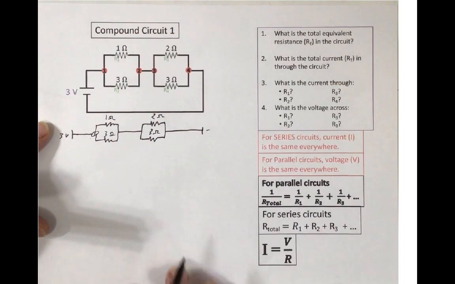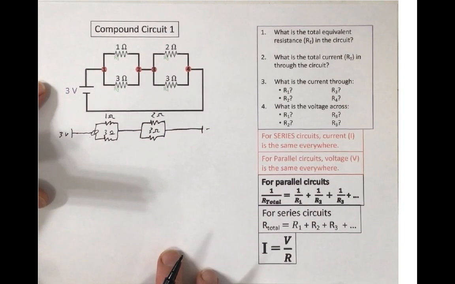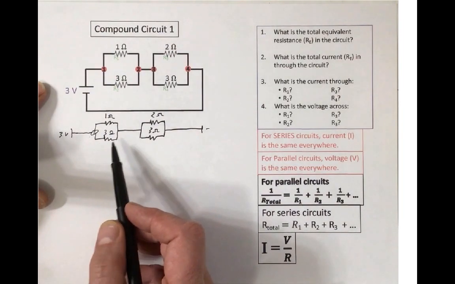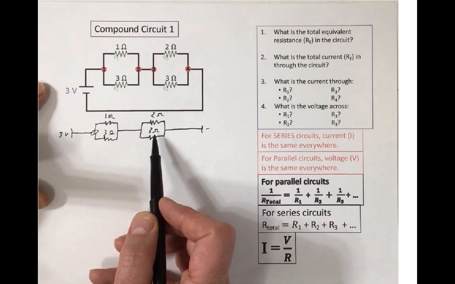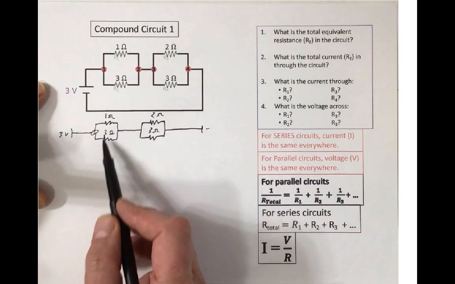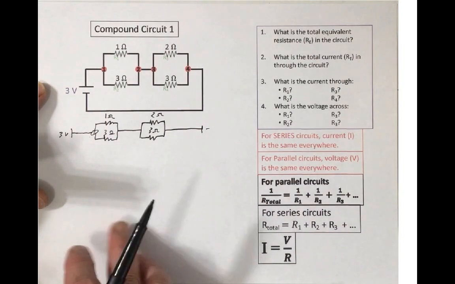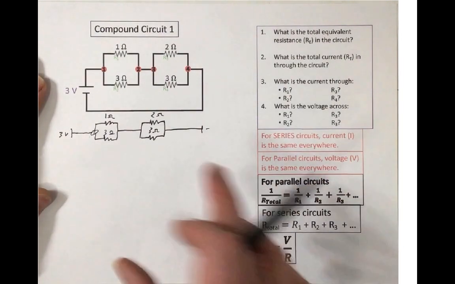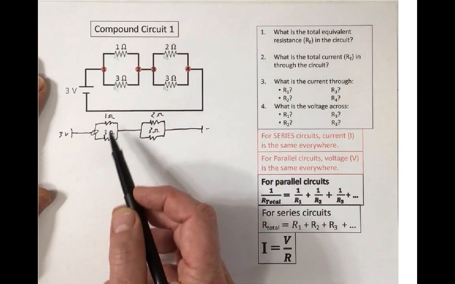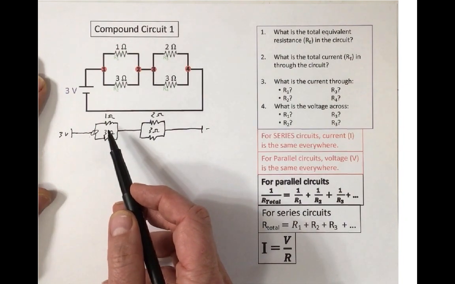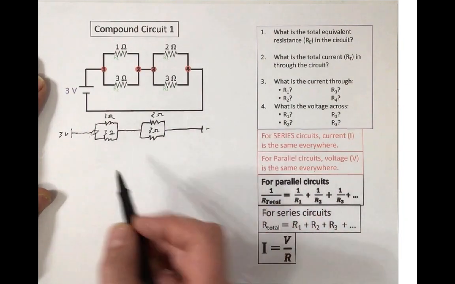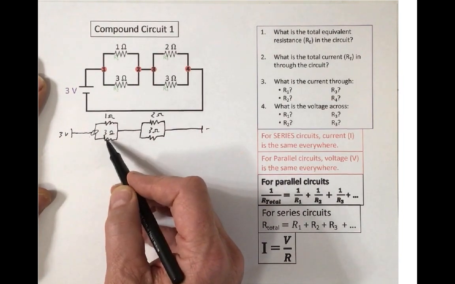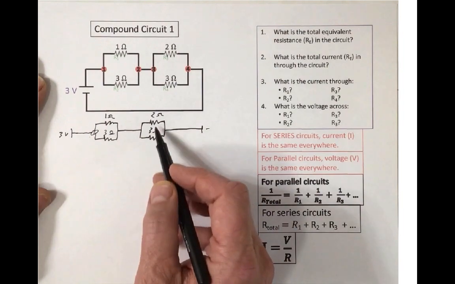Okay, now, before when we were doing series and parallel, everything we did was parallel, everything was series. But here, remember, we have this pair of parallels in series with this pair of parallels. So we cannot just apply the math and combine everything. We can only combine them if they are nothing but parallel or nothing but series. And here, these two, resistor 1 and 2, are in parallel, and there's nothing else, and these two are in